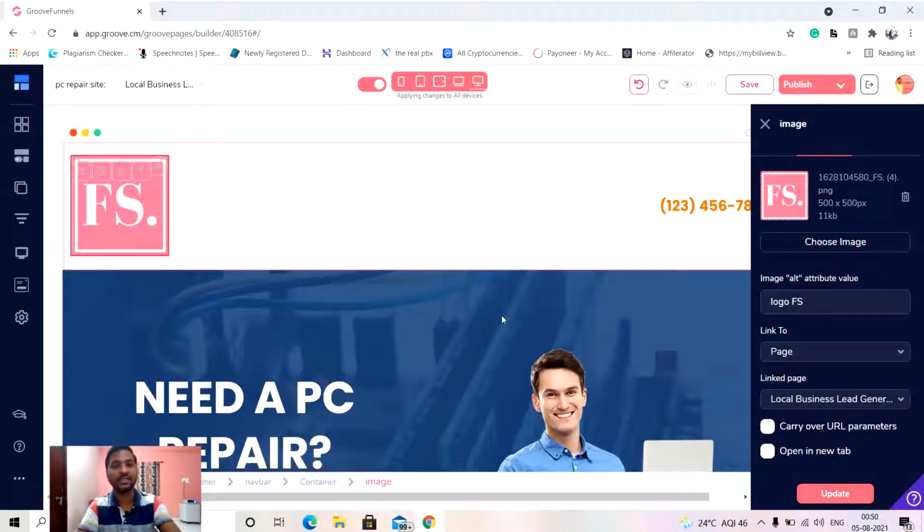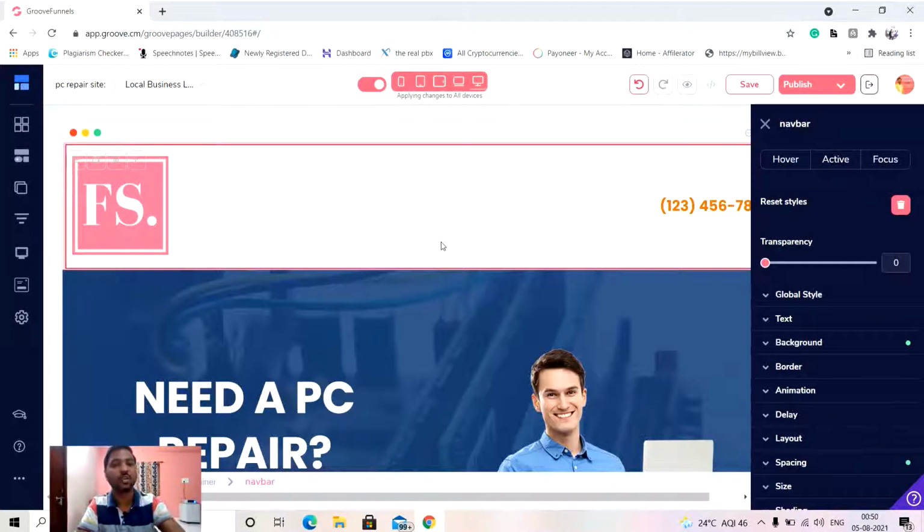Now you can see how nice that logo is looking, but my header area has become a little broader. While doing all this editing, you have the option to check the live preview of your website, to see how it looks. As we have added the logo, first of all we have to click on the save option.